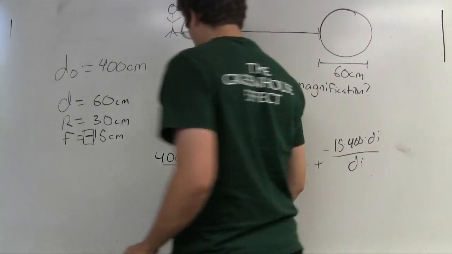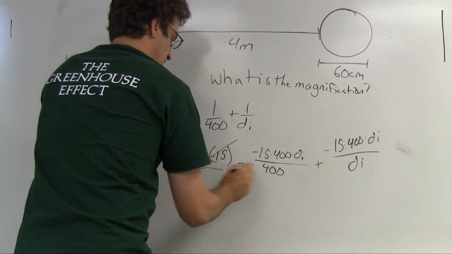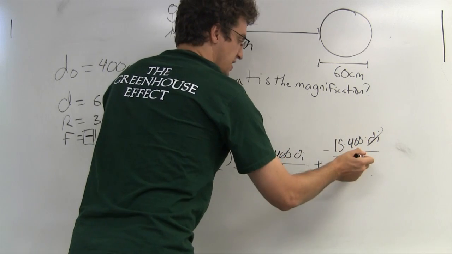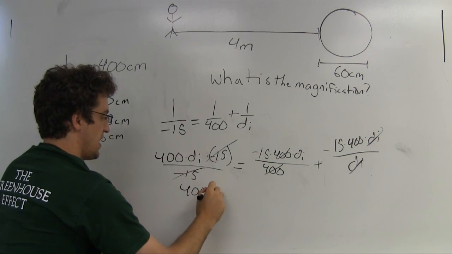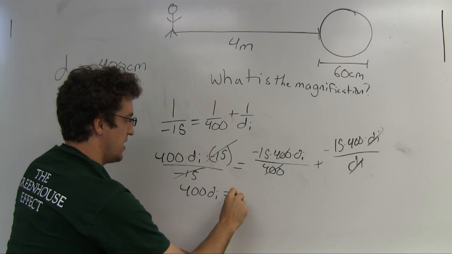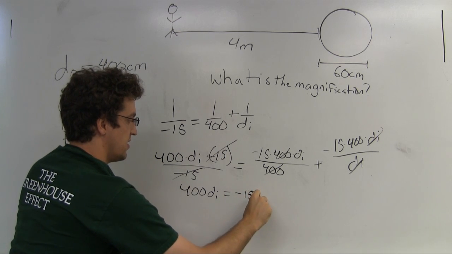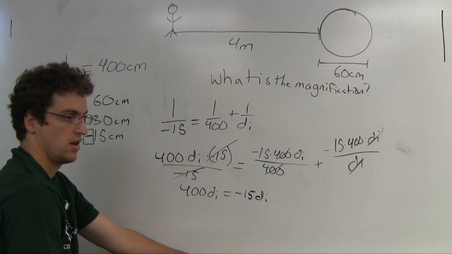Now obviously we can cancel some of that out. So we get the negative 15's canceled out, the 400's canceled out there, and the d_i's canceled out here. We then get 400 d_i equals negative 15 d_i,